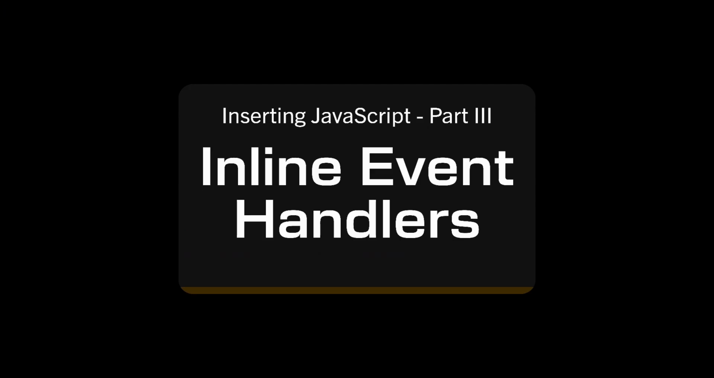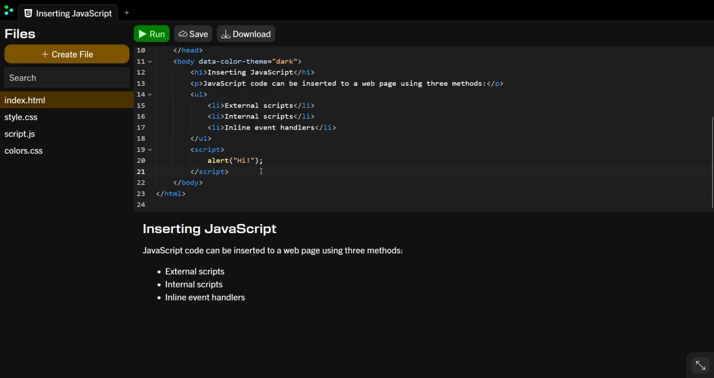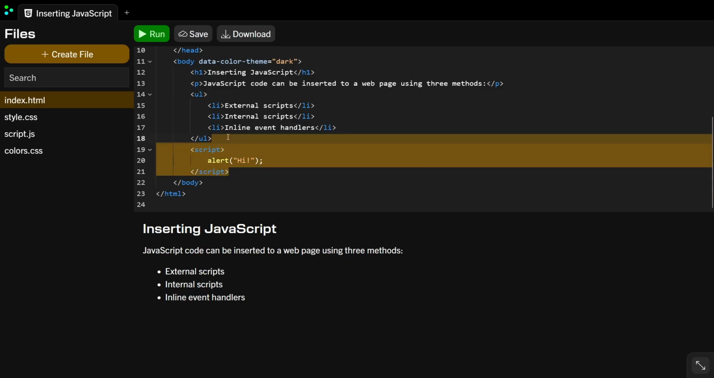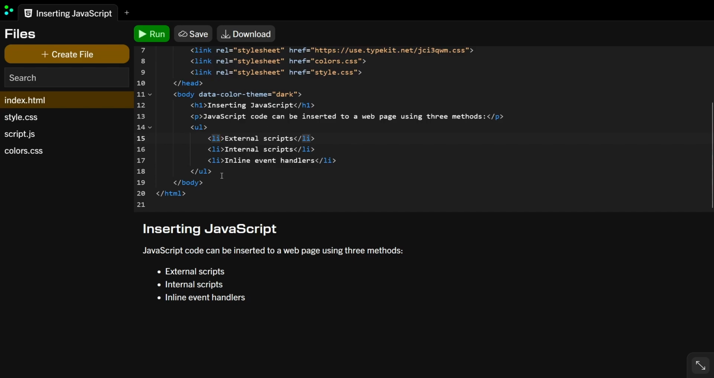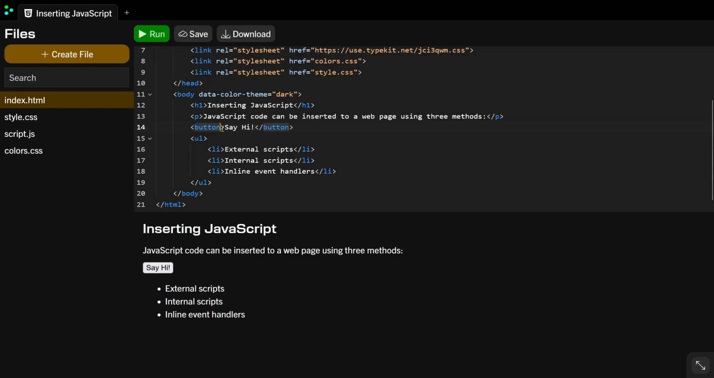Our final method is one that's slightly simpler than the others. Inline event handlers are probably the simplest way to insert JavaScript because they don't require script tags at all, because you can put it inside the attribute of the element that you want to give an event handler for. In order to show this, I'm going to create a button quickly that'll run the exact same code that we've written before,